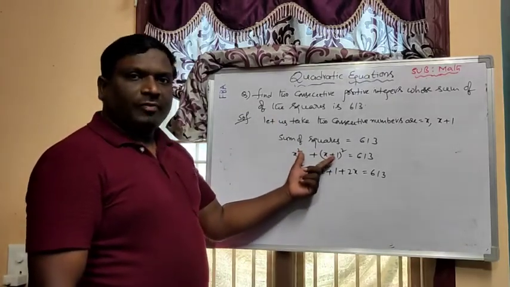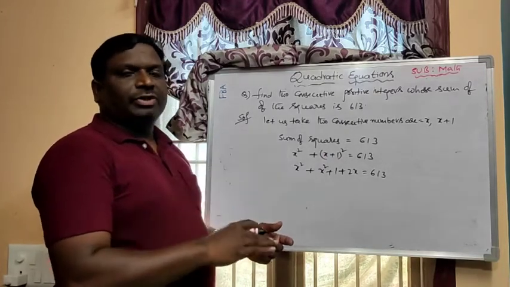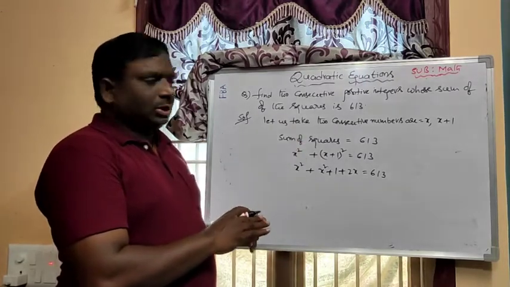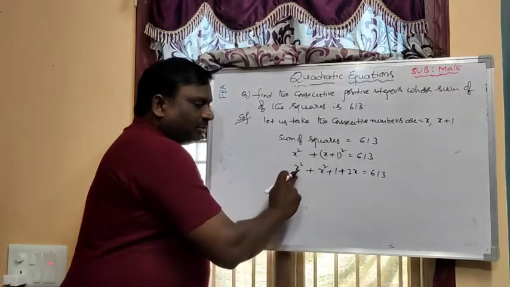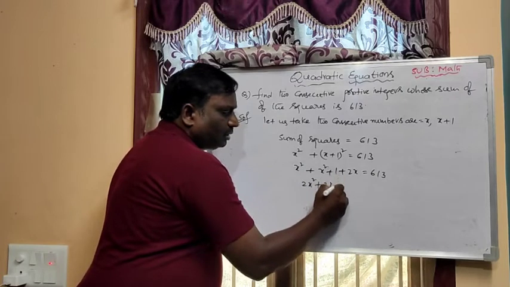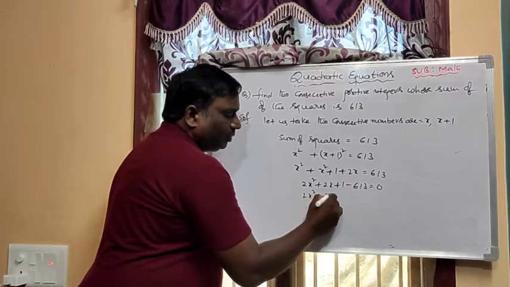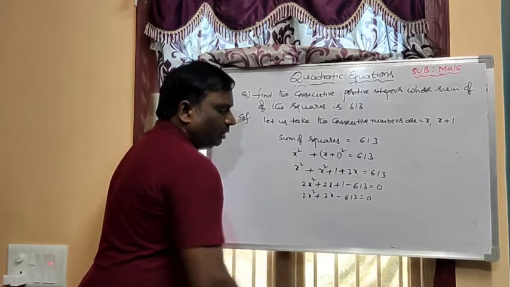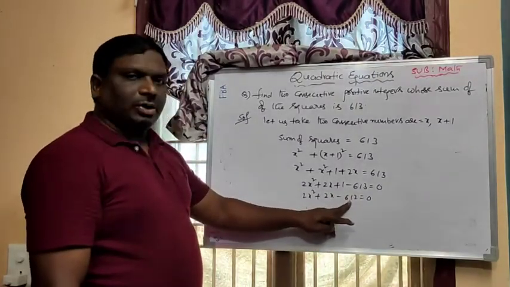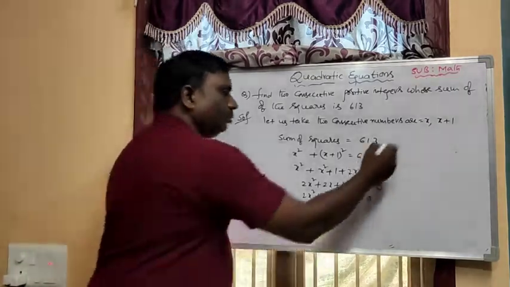If you don't know how to frame the equation, that's why the first exercise depends upon how to frame the quadratic equation by using the following situations. Situations means they give some different word problems. Now x square terms, like terms, x square plus x square is 2x square, plus 2x, minus 613 equal to 0. 2x square plus 2x minus 612 equal to 0. From these three terms you can take 2 common, because the last unit digit is 2, that's why it is also divisible by 2.